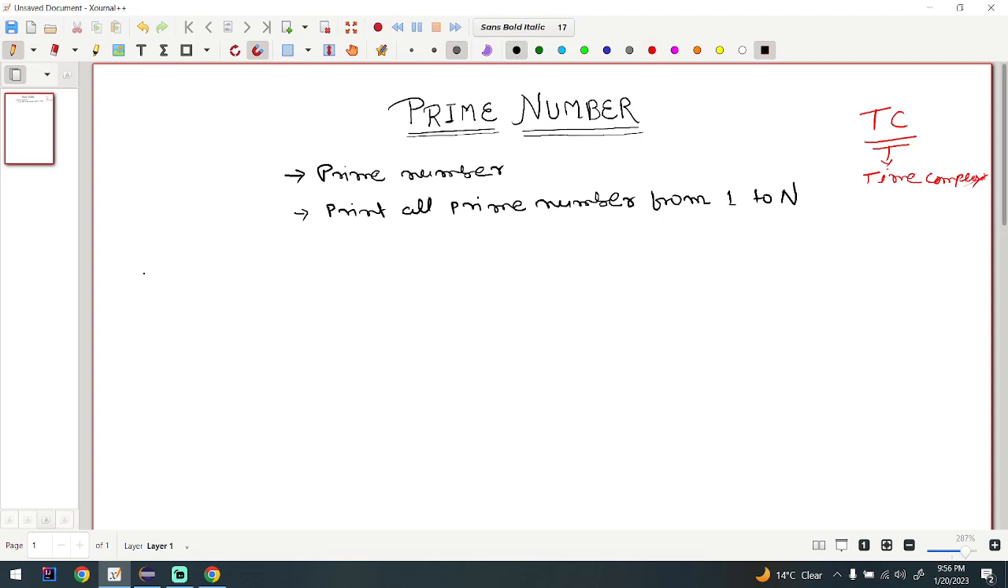So first we will talk about what is prime number. We should know, if we are writing a program for anything, what that concept actually is. So first thing, what is prime number? The basic definition, if we are going to say about prime number, is: